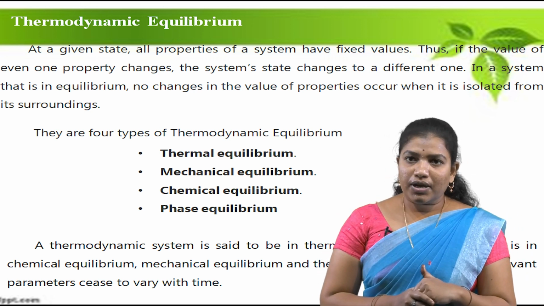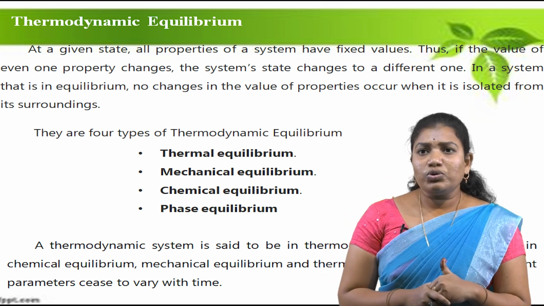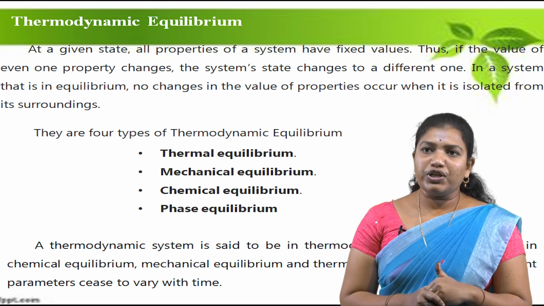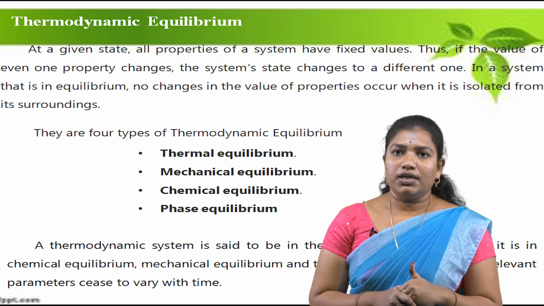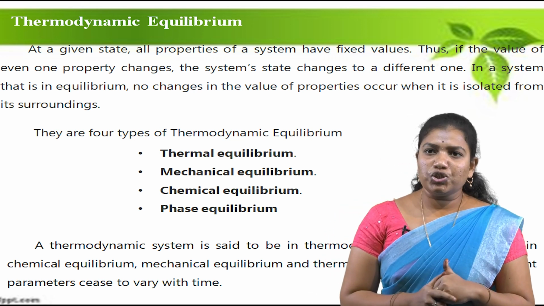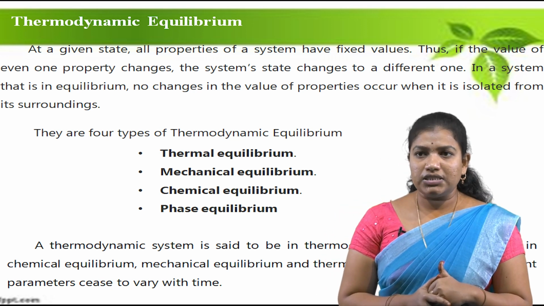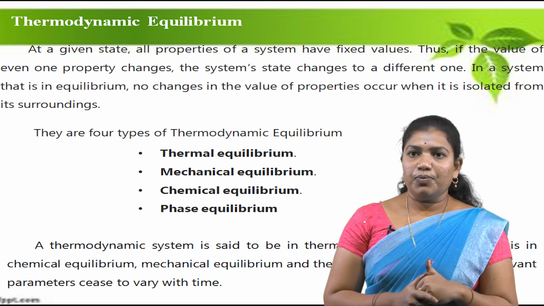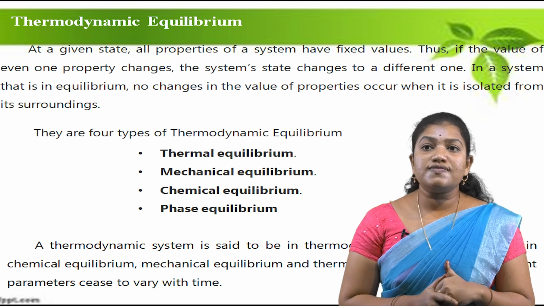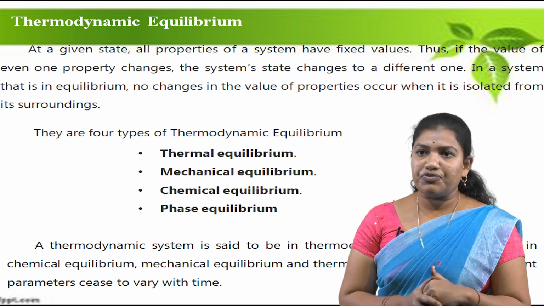Next, mechanical equilibrium is when there is no change in the pressures at any point of the system we consider. Next, chemical equilibrium: when the chemical composition of the system does not vary with time, we consider the system. Next, phase equilibrium. Phase equilibrium in a two-phase system is when the mass of each phase reaches